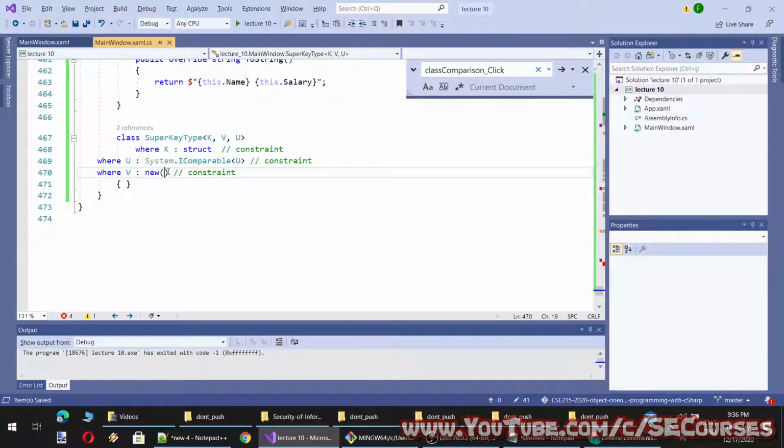So we can apply new, class. However, what is the format? Oh, I see. The class has to be first, and then, okay, you can define multiple constraints like this.